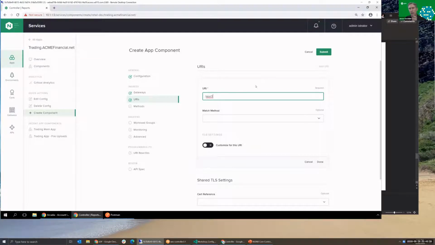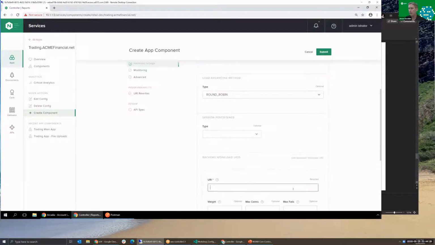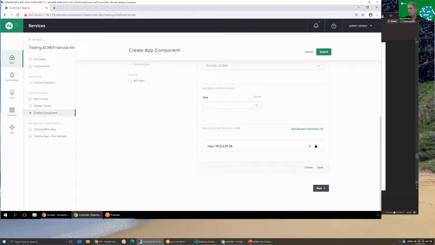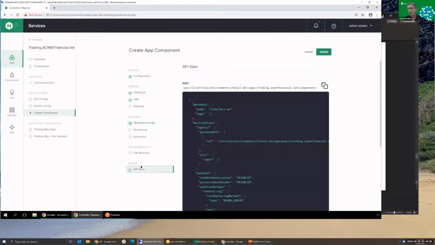I think the GUI is great. Let me get through this real quick. And this is going to be the referral workload group. It's got an upstream that's HTTP in this case, 10 dot whatever. Is that legal? Looks it. And done. This is the minimum we needed to create this microservice, or enable this microservice, I should say. The reason why I did all of that is so that we could get to this API